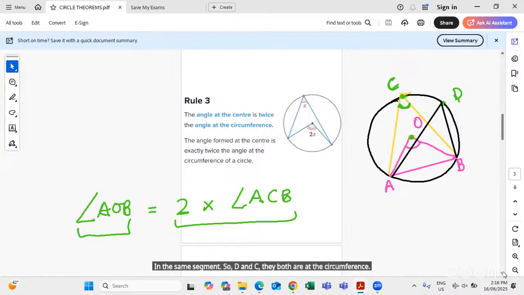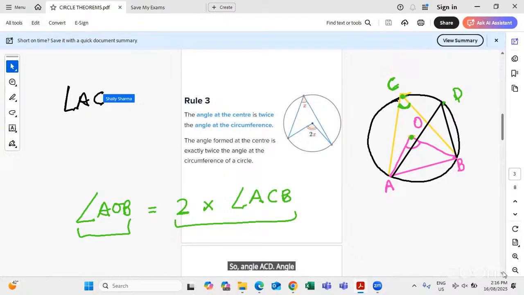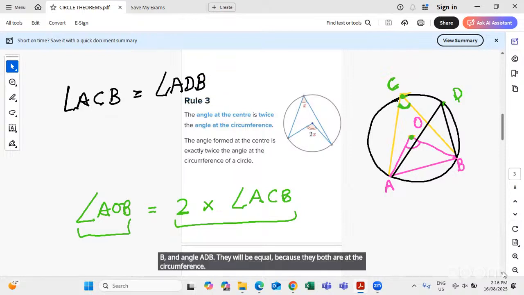So angle ACB and angle ADB, they will be equal because they both are at the circumference in the same segment made